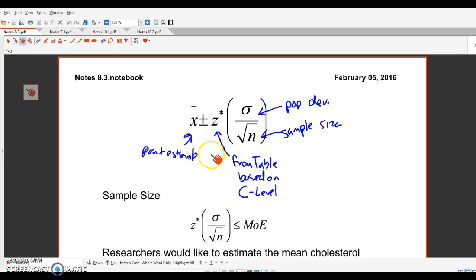Welcome to 8.3, where we left off. In 8.2 was calculating intervals for a one proportion estimate for the population. 8.3 carries that same idea, but with means, when I'm trying to find the interval or estimate for the mean